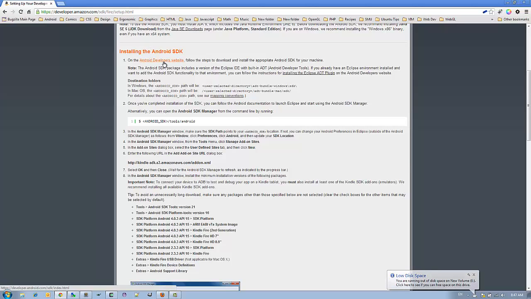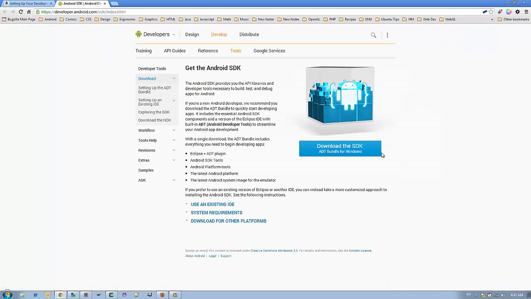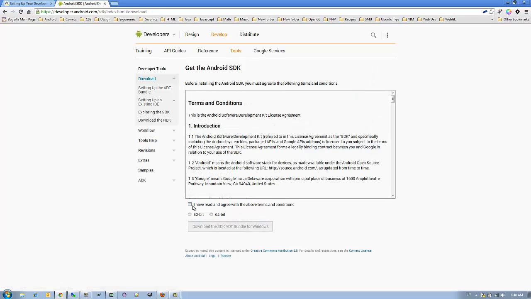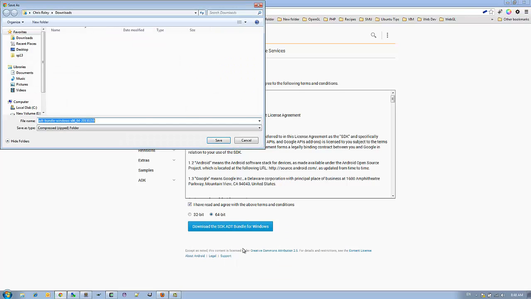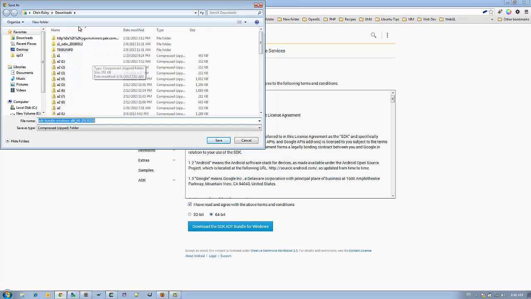So what you want to do is click on this Android developers website, and depending on what platform you are, it'll populate this with Windows, Mac, or Linux. Simply click on that button, and then we're going to agree to the terms and select which operating system, if it's 32 or 64-bit. Then what I do right here is, rather than left click, right click on it, and I like to click Save Link As, and that's because rather than having it show up in my downloads